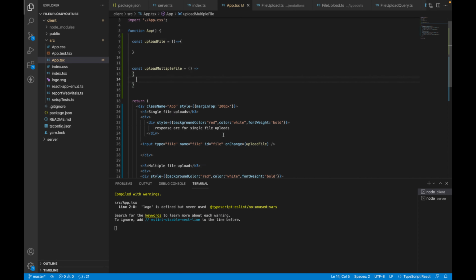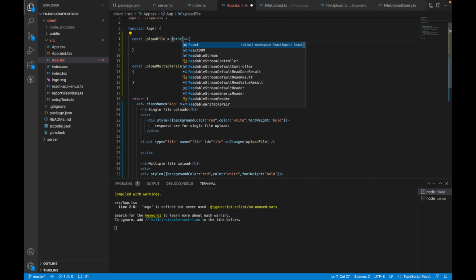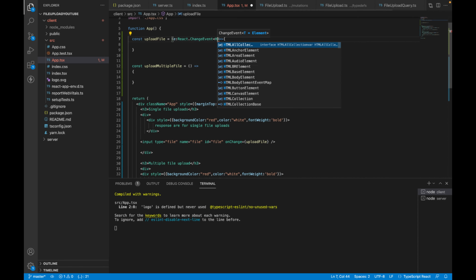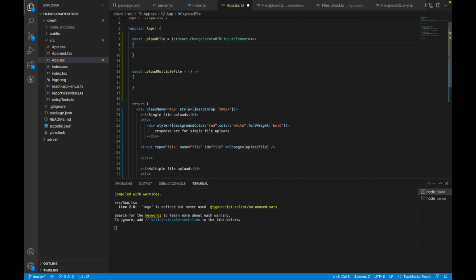And what I want to do next is I'm going to start working on our upload file function. And in here, because we are basically trying to trigger this function whenever we have an onChange on this upload file, we are going to use the event here. And this is of type React change event, and this is the HTML input element. Okay. Now that we have this, the first thing we want to check is